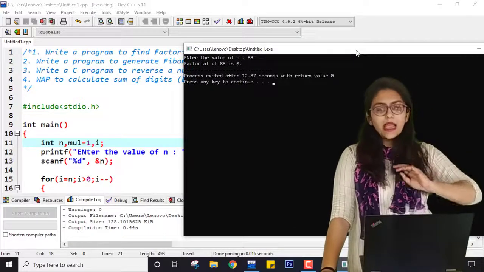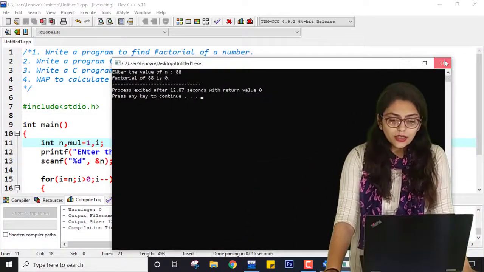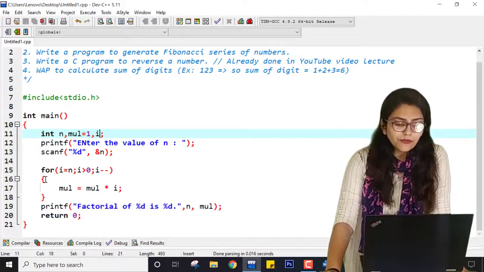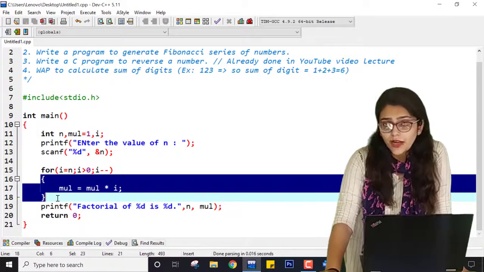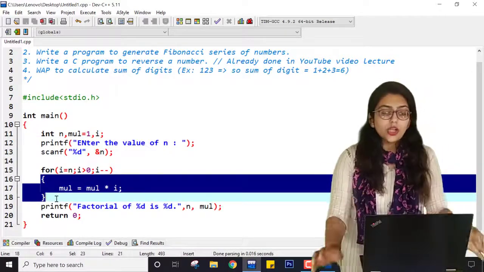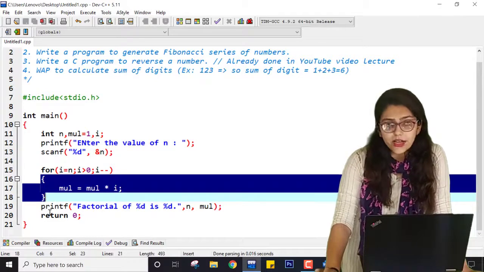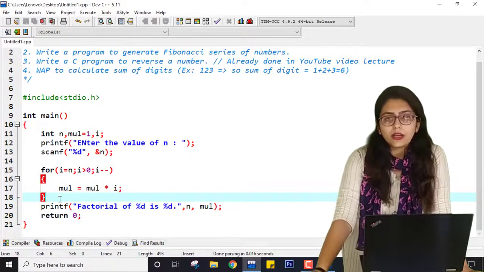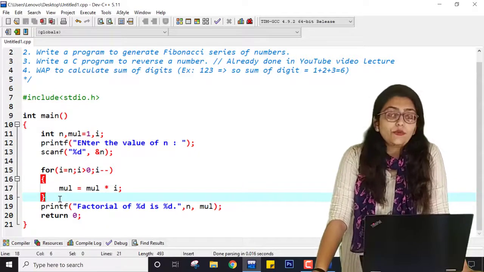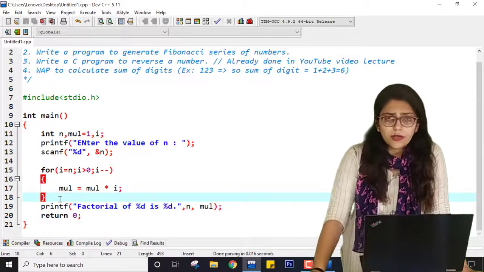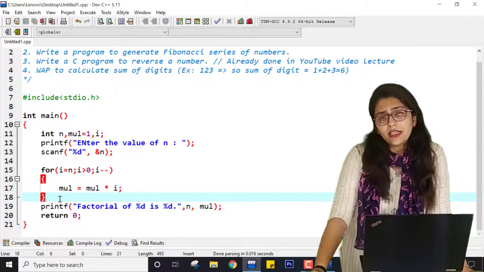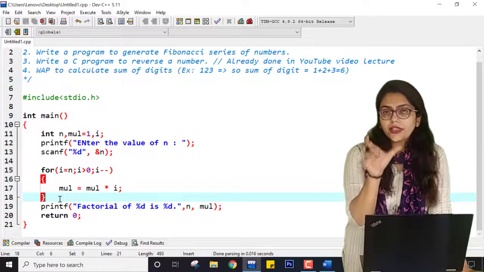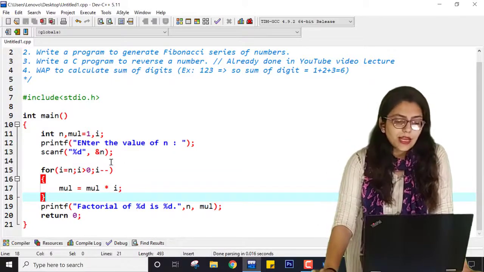So it may sometimes happen that you have taken the result of the multiplication as an integer, and the result of this equation has a larger value than can be held by a simple integer. So at that time you can use long integer as well, so that it can hold a larger value. Like if you have done the program earlier, summation of 2 numbers, and if you are adding very large integer numbers, say 7 or 8 digits, then it may happen that it gives me a wrong answer because of the range of integer. Okay, so this is the concept I just wanted to clear.